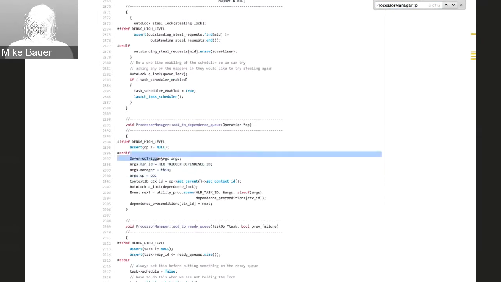So we build up one of these deferred trigger args structures. And again, here you can see we're filling in the task ID for a high-level runtime meta task, and in this case, it's the trigger dependence ID. And we're filling in our manager, which is ourself, and the operation that we want to trigger when we do this call. And the next thing we do is get the context ID for the context in which this operation